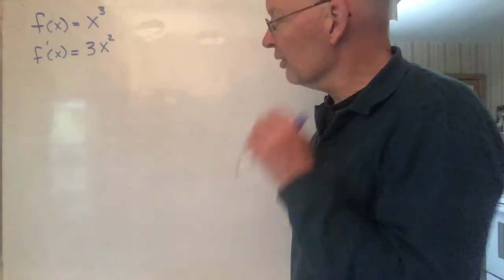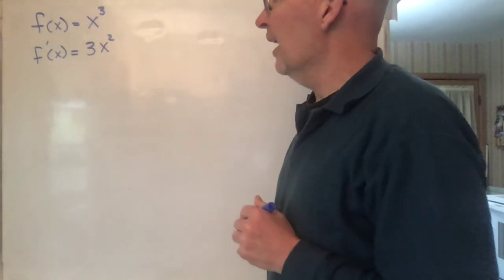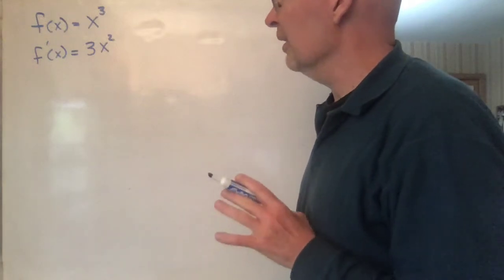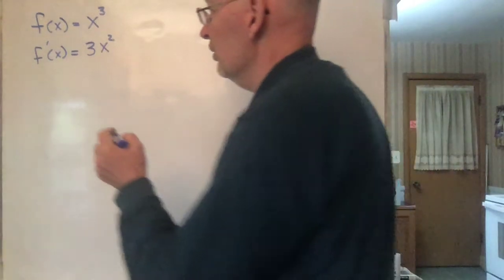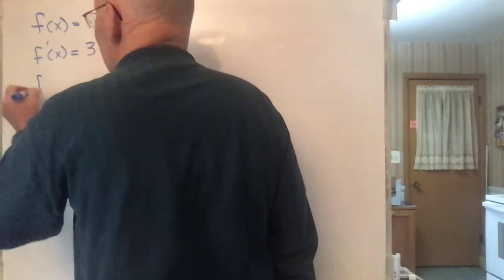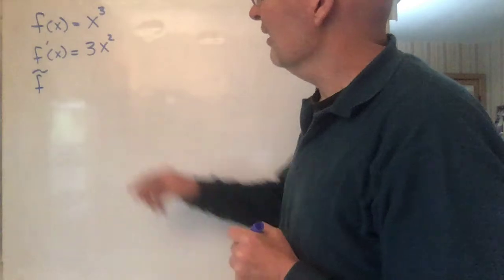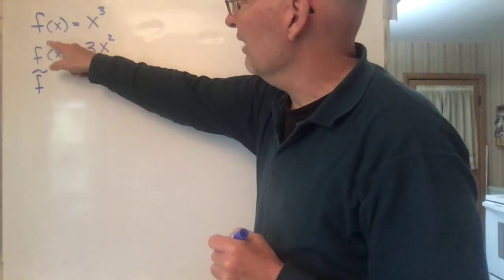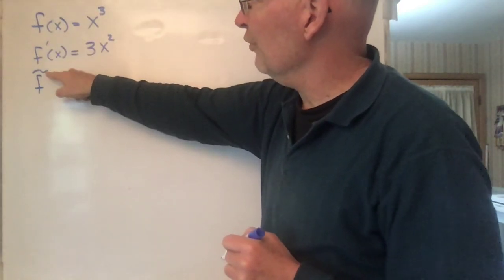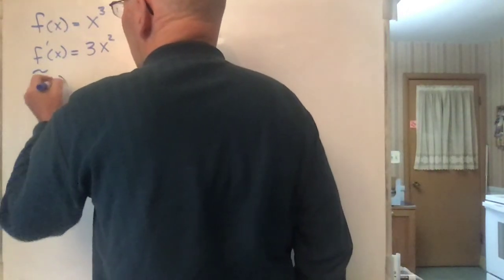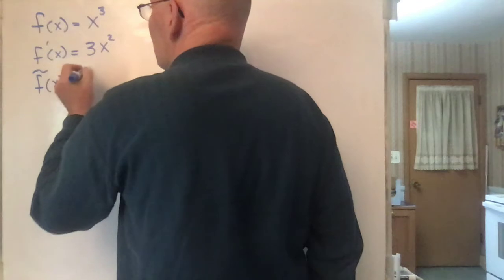Now, there isn't a good notation for antiderivative that makes sense until a little bit later. So I'm just going to use my own made-up notation so that for right now we can talk about antiderivatives. This thing right here stands for the derivative of a function. Let's use this for the antiderivative. So the antiderivative of x cubed,